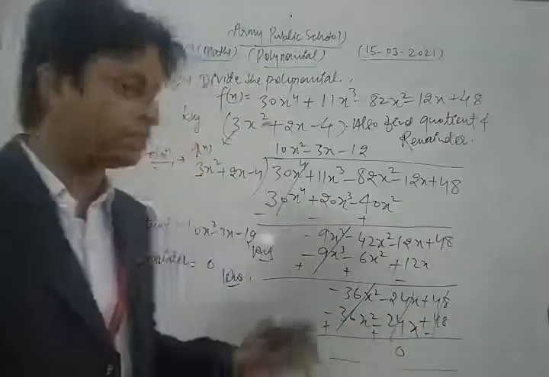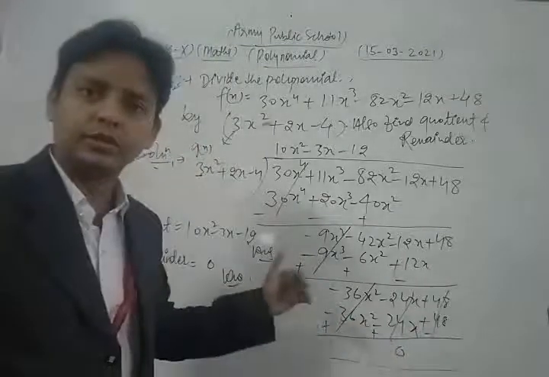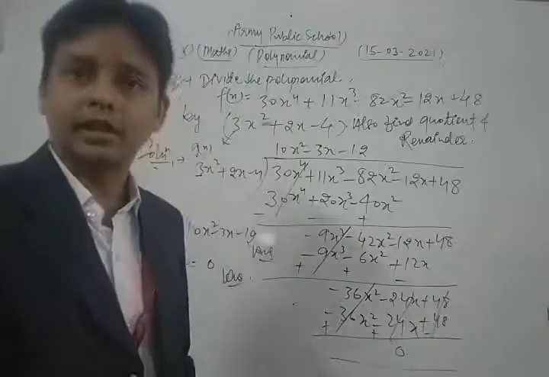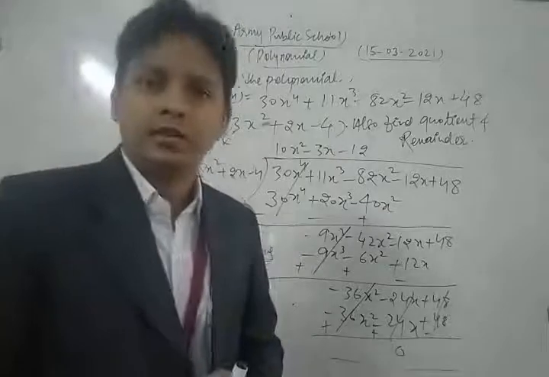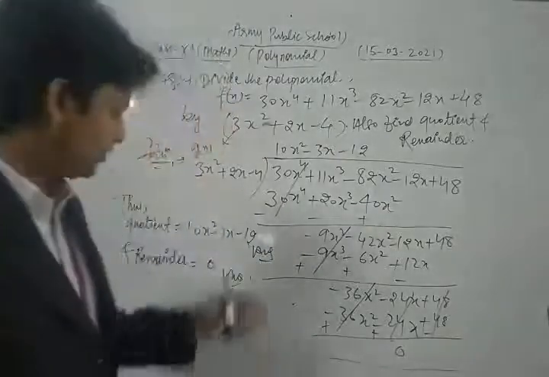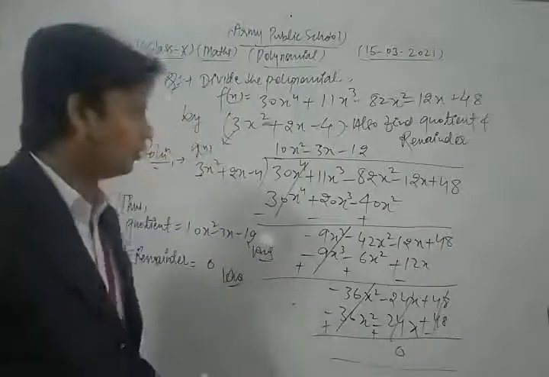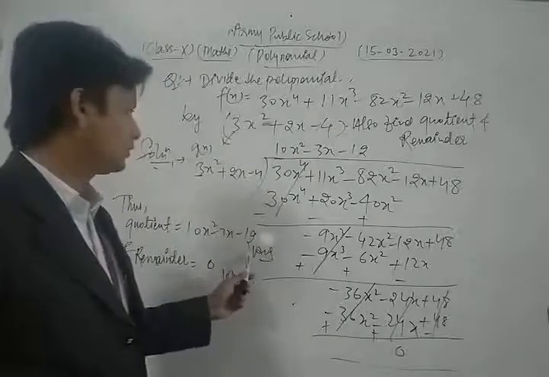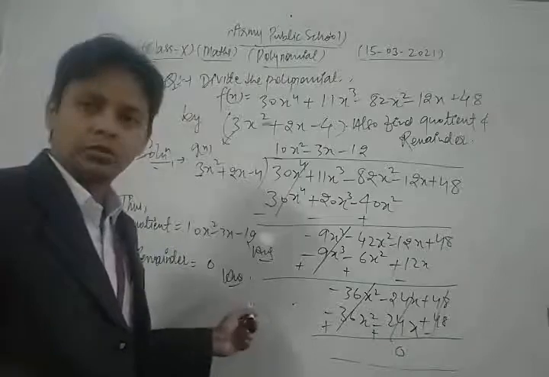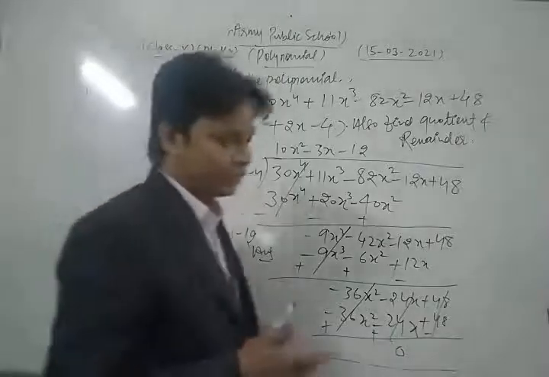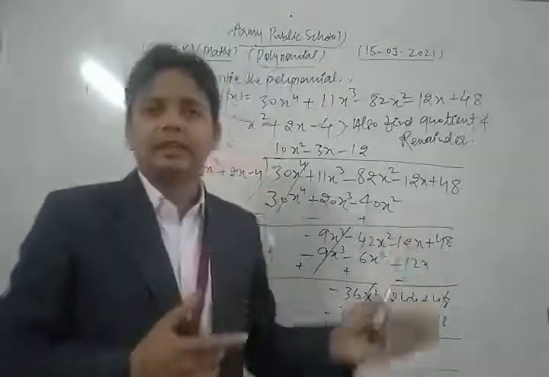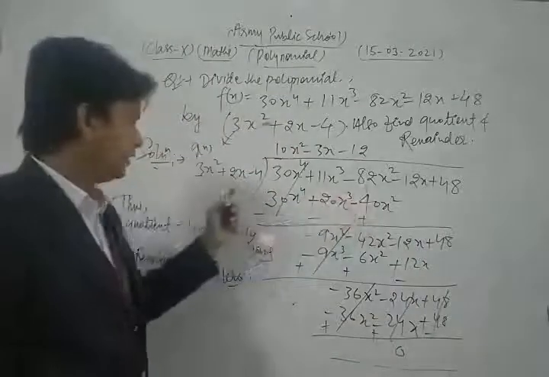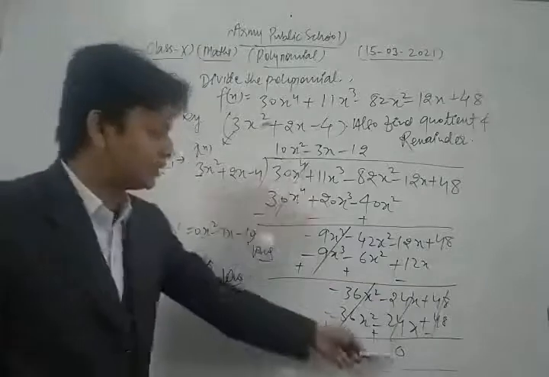Okay dear students, so please first of all you revise that question which we discussed in that class. After that you can solve each and every question of your NCERT exercise. Okay. Thus dear student, in this way we solve that questions. Now in this way we get the quotient as 10x square minus 3x minus 12, and remainder is 0. Now dear students, after finding the remainder and quotients, this is your dividend, it is clear, this is your divisor, this is your quotient, and this is your remainder.